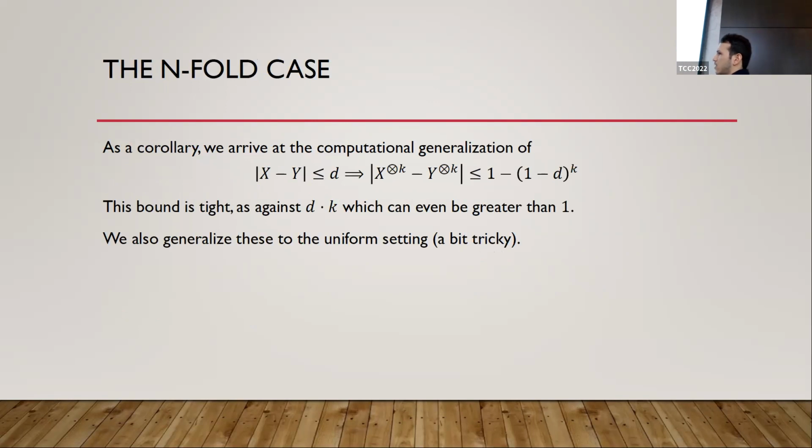it is actually a straightforward corollary to arrive at the k product bound after you get the isolated case that we've just mentioned. And for this bound, you can still preserve the good trade-off between slackness and overhead of the circuit size. In addition to that, we also show that these ideas also generalize to the uniform setting. It takes a bit more work, but the general idea remains the same.